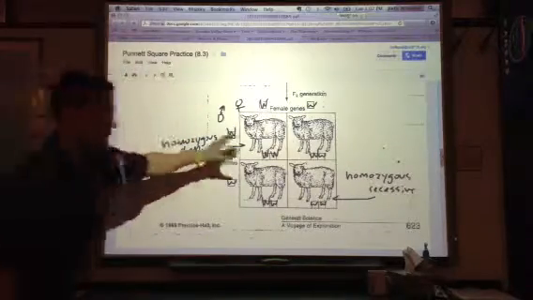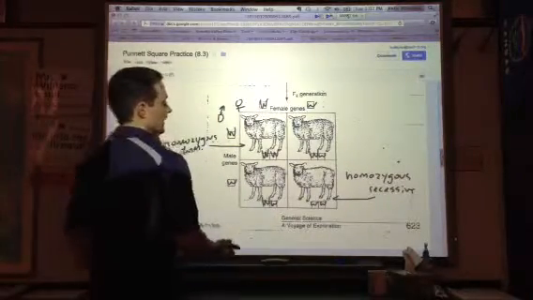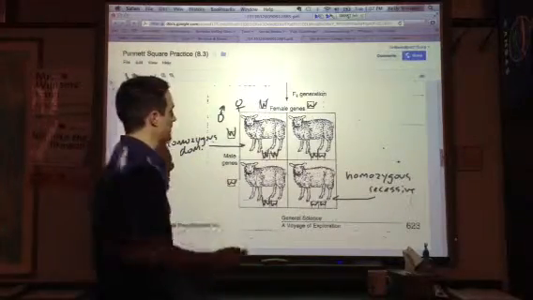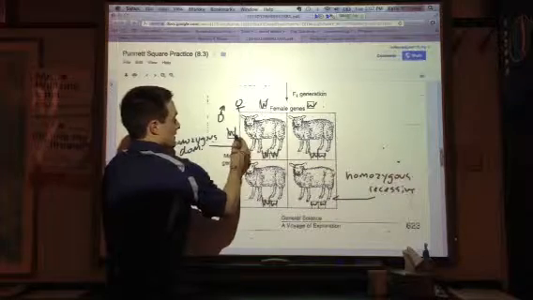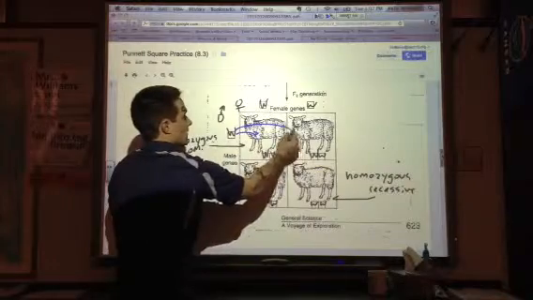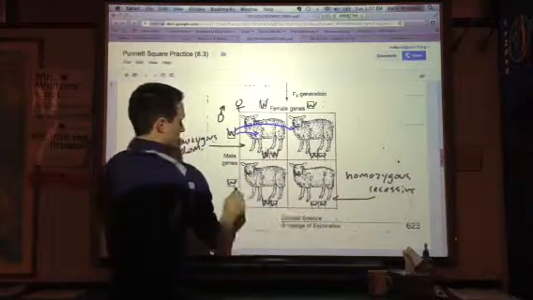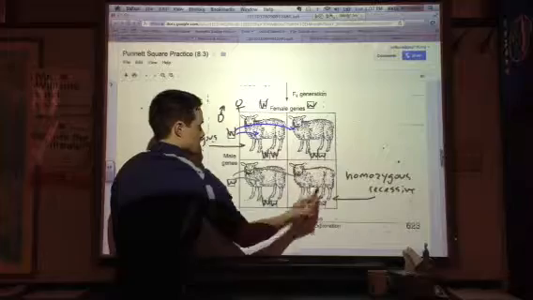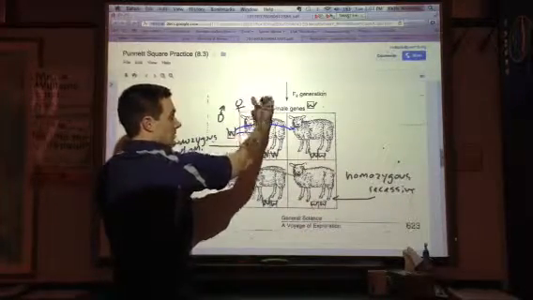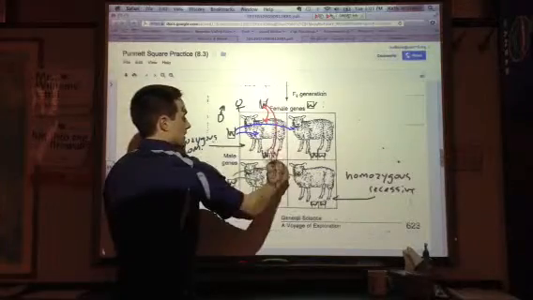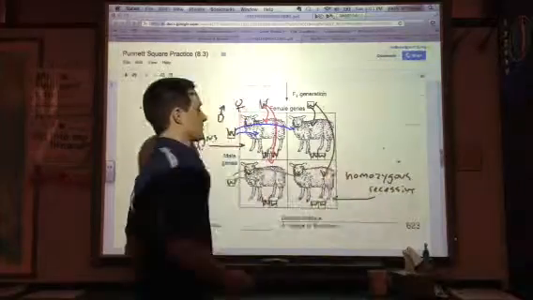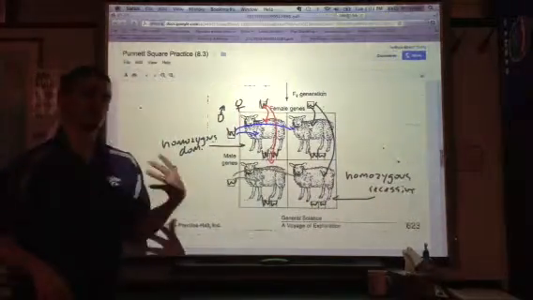So this is the completion of a Punnett square. Deb Henry made a good comment that it's kind of like foiling in math. And it is, that's a pretty good analogy. You're going to take this W from the male genotype, and it's going to go here in this box, and over here in this box. And you're going to take this little w, and put it in this box, and over in this box. And you're going to take this big W for mom, or whatever letter is present here, and put it in this box, and this box. And then you take the other one, and put it in this box, and this box. And that gives you the potential genotypes